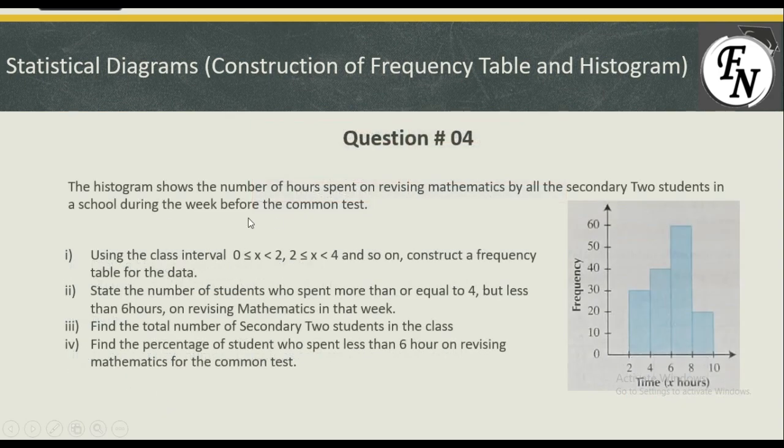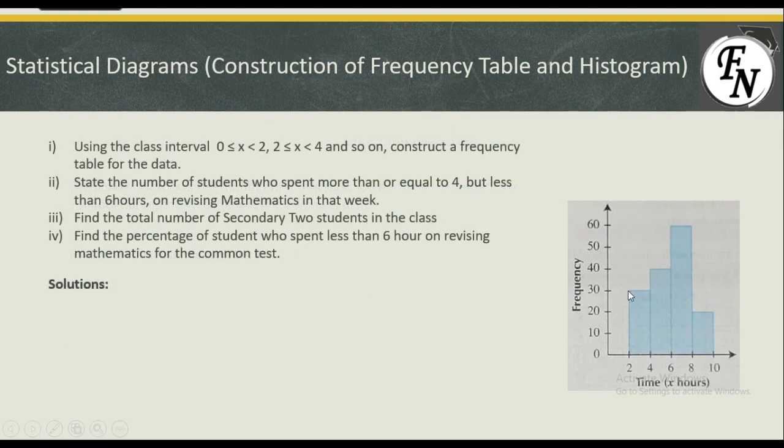After that, one more question. The histogram is given here, and we need to write the intervals from the histogram. So this histogram is copied here, and we have been given that we write the range in this form: from 0 till 2, how many days or what frequency is there, and from 2 till 4 how much frequency is there. So we need to fill up the table according to that.